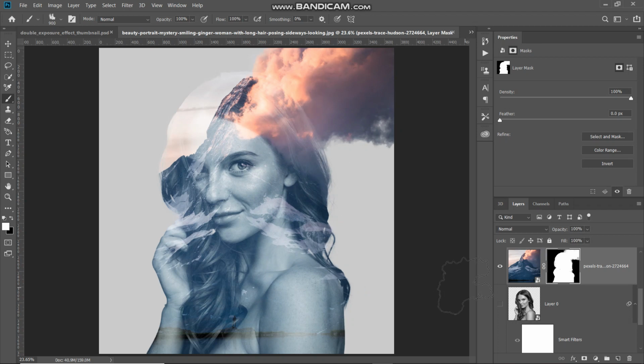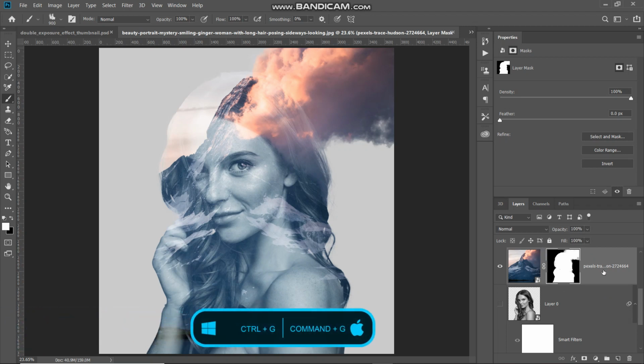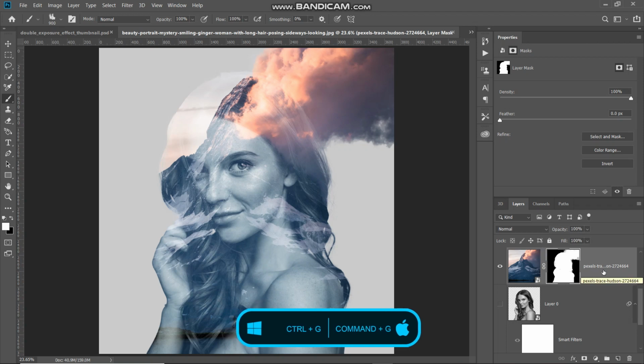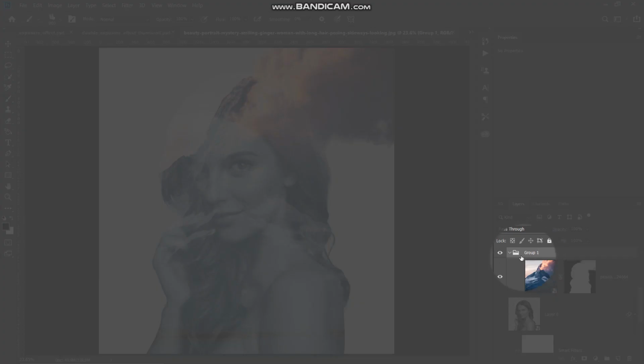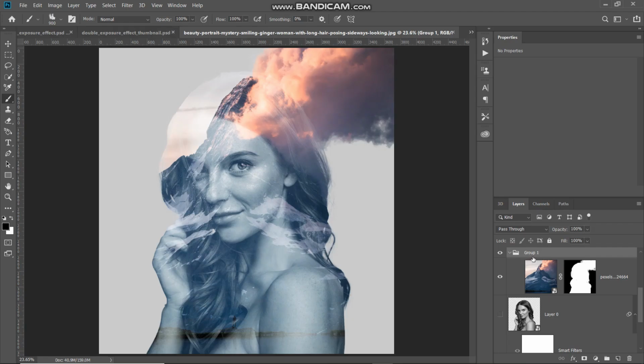Now the next thing we need to do is add one more mask onto this second image layer. But as you can see, we already have a mask present over here. So for that, what we will do is create a group and then place this image inside of that group, and then add that mask onto the group itself. So for that we need to just press Ctrl or Command on Mac plus G, which will create a group and then place this image inside of that group. So as you can see, now that group has been created and that image has been placed inside of that group itself.